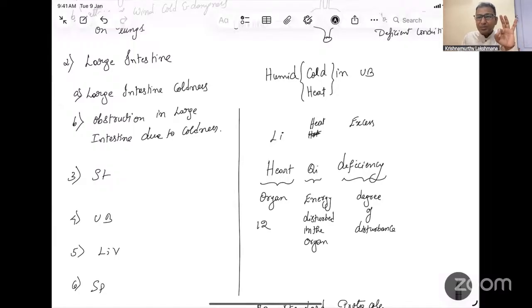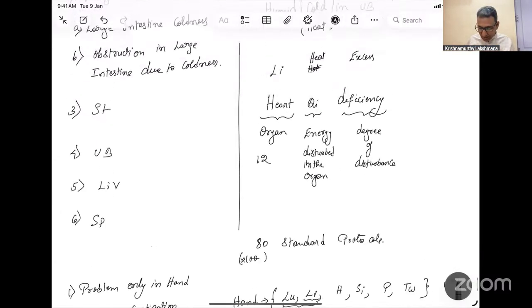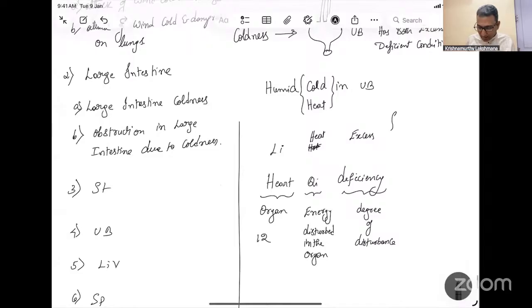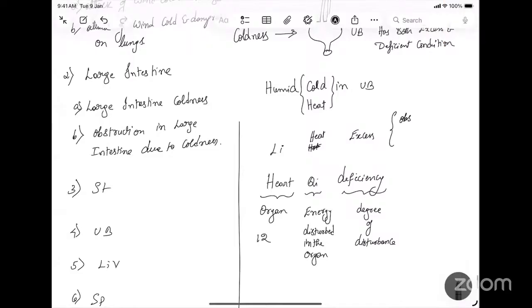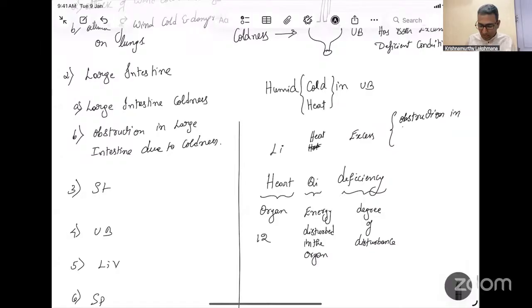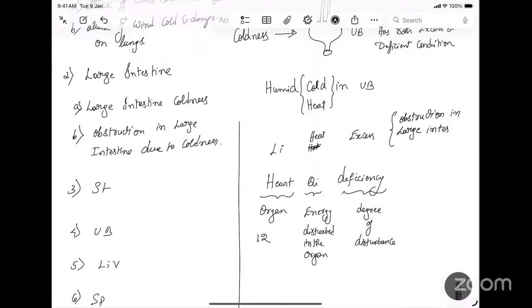I felt there is something obstructing. That is why it is fixed like this. It is not moving, something is obstructed. That is why it is like this. So I applied obstruction in the flow of chi, obstruction in the large intestine due to